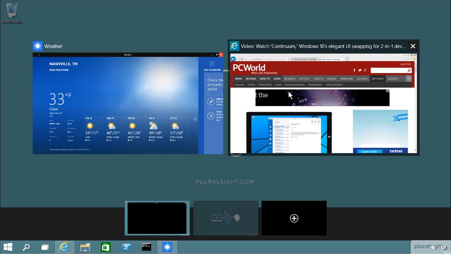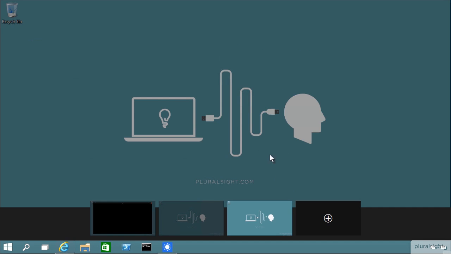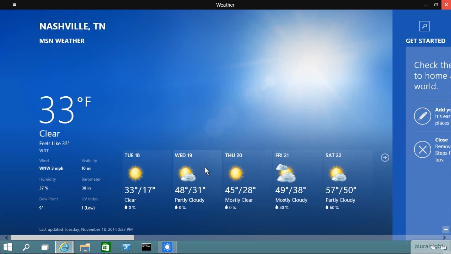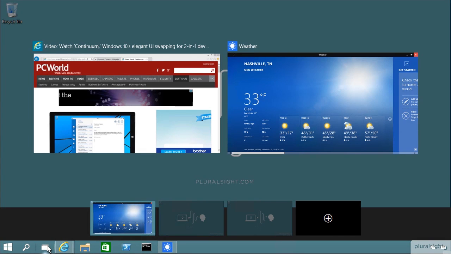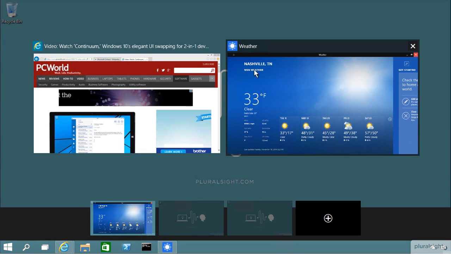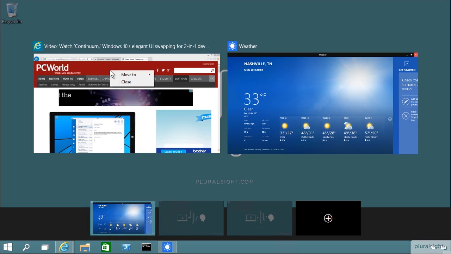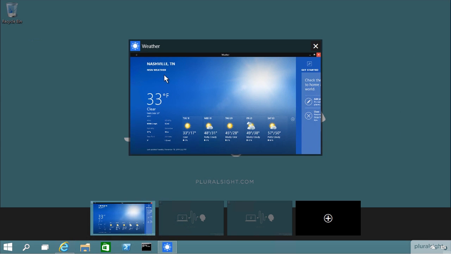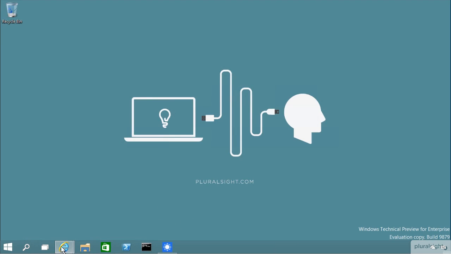You can actually shuffle. You can create as many of these desktops as you want. I don't think there's necessarily a hard limit. To switch among them, you just click Task View again, and you can redirect applications to specific desktops. So for instance, I can right-click this PC World thumbnail, select Move to Desktop 2, and now, again,